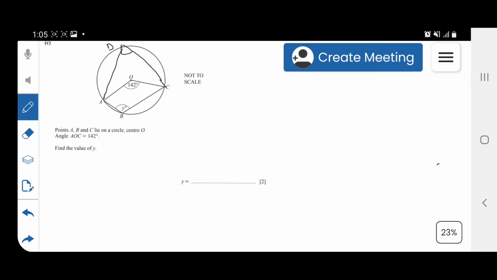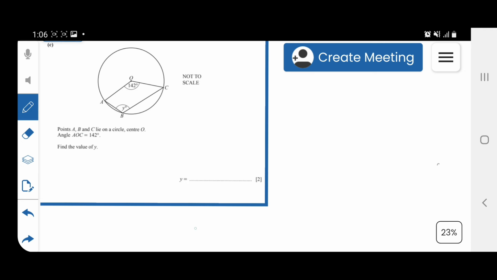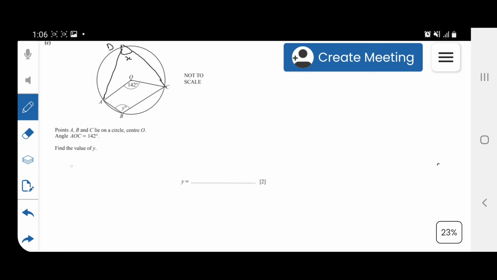So how are we going to find this D? There is another theorem related to circles which says that this AOC and this ADC are both subtending from the same arc AC, but one is subtending at the circumference and the other is subtended at the center. So here we have another theorem which says that the angle subtended at the center is twice the angle subtended at the circumference. So let's suppose we say this one is X. So I am going to write 2X equals 142 degrees. I am using the theorem over here.